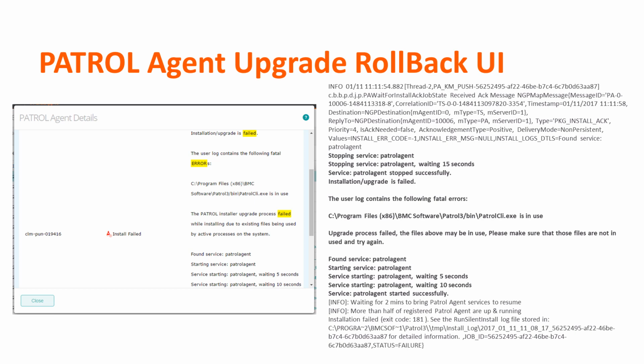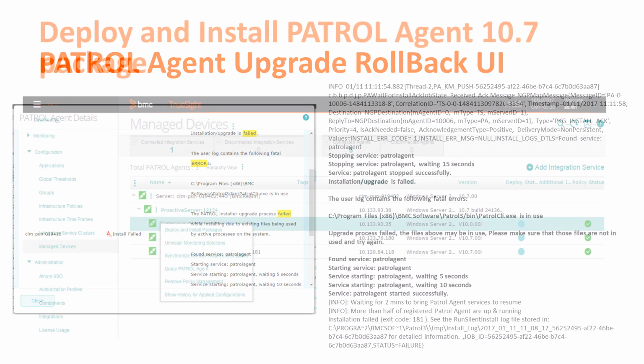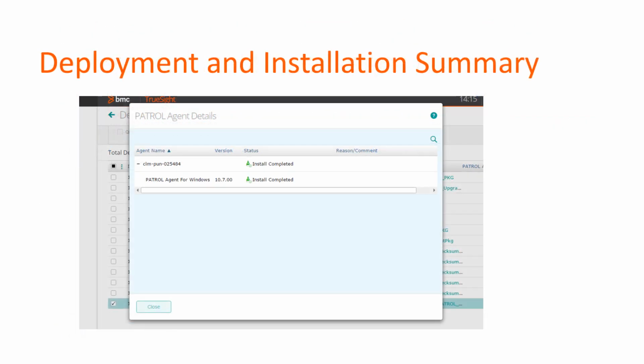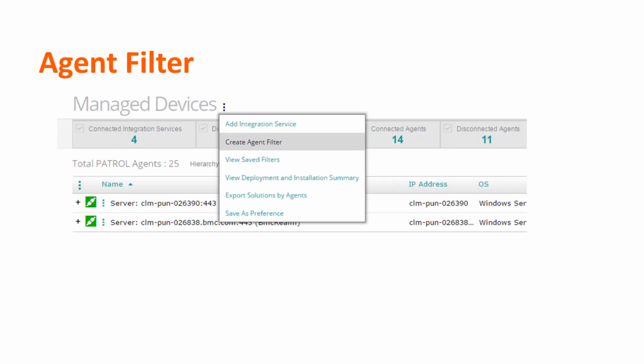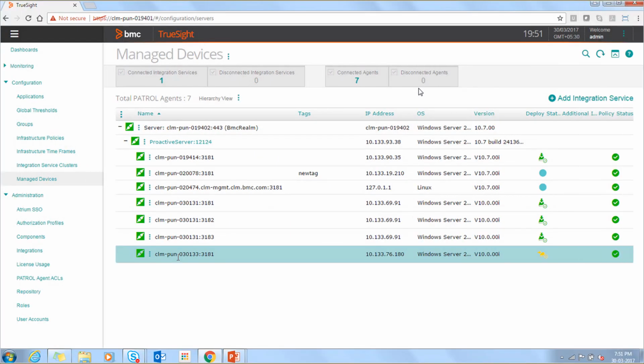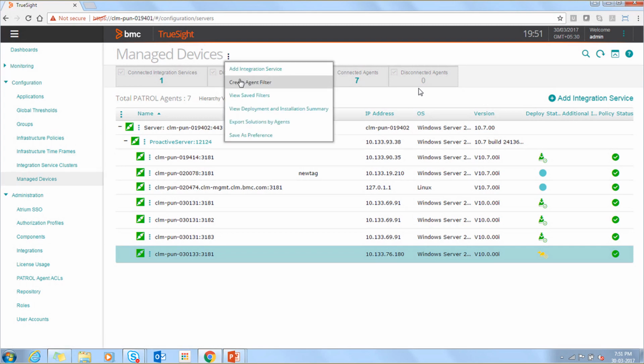Now we have covered deploy and install: creating the package, selecting the package and saying deploy and install. It can be verified from the deploy and install summary page. Next is agent filter, so let's get back to the ASPS server. The next feature would be the agent filters. If I go to Configuration, Manage Devices, select Manage Devices and say create agent filter,